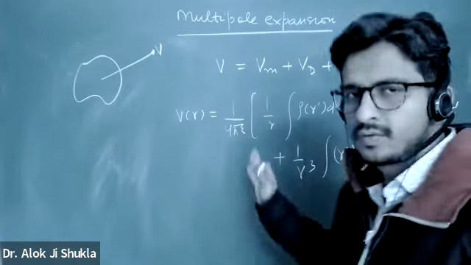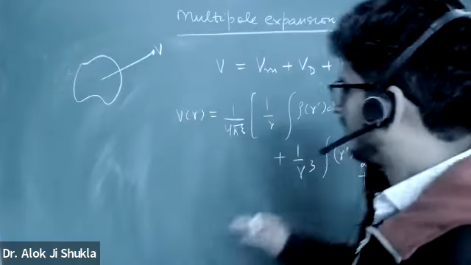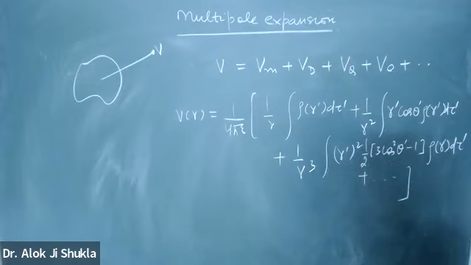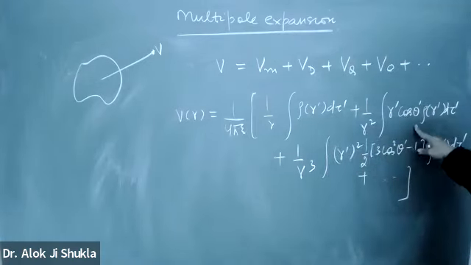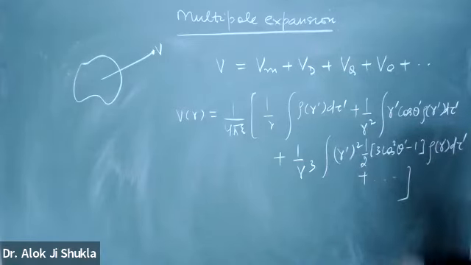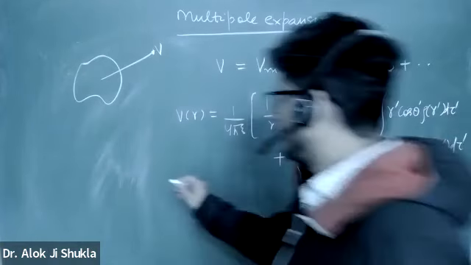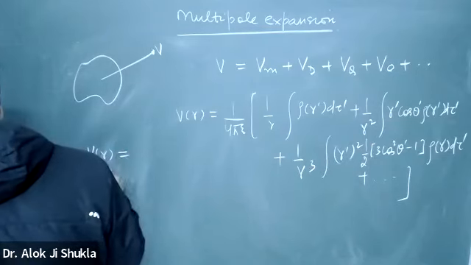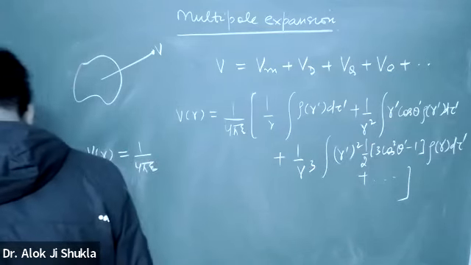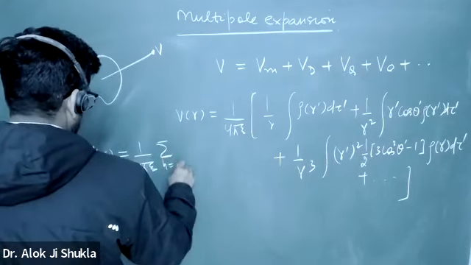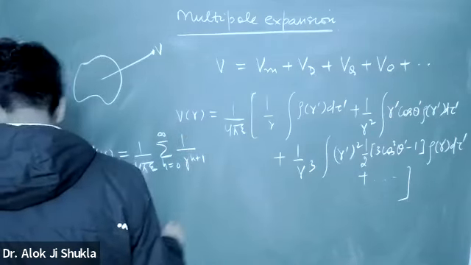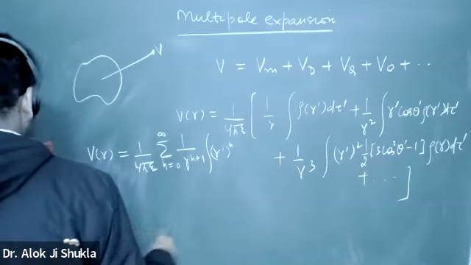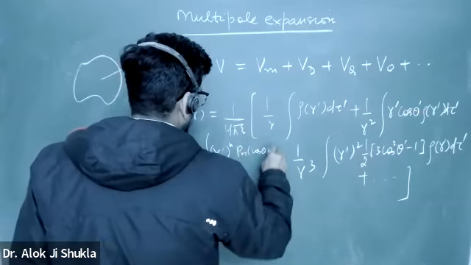And how do we arrive at all of this? We arrive at all of this using the binomial expansion, and the binomial expansion gives the Legendre polynomials. If you look carefully, here 1 is coming, then cos theta, so this is P0, P1, P2, all those terms are coming. So I can put the potential in the form of a Legendre polynomial. Let me put it like this: V(r) is equal to 1 by 4 pi epsilon naught, summation n equal to 0 to infinity, 1 upon r to the power n plus 1, integral r' to the power n and P_n cos theta, into